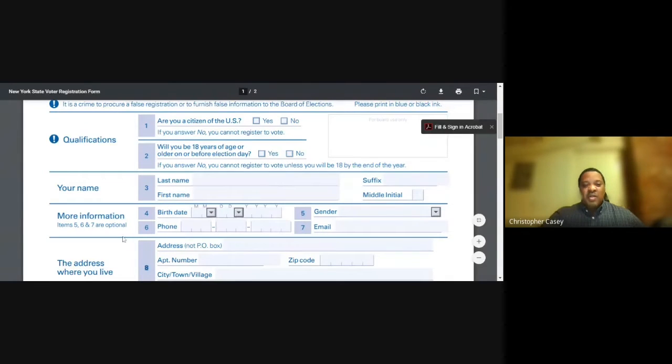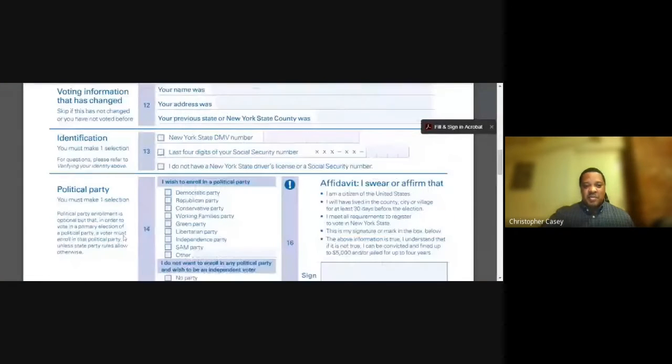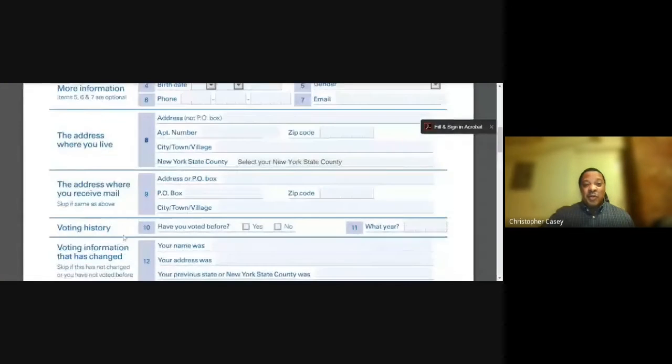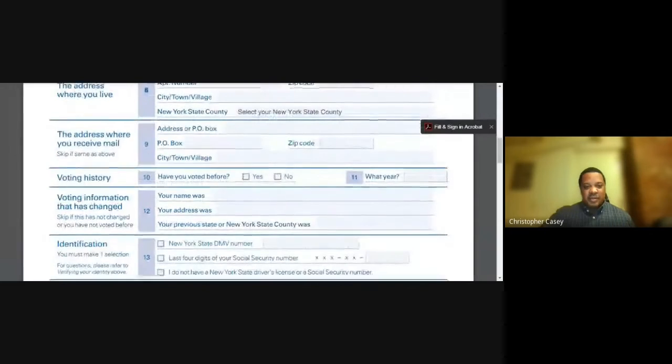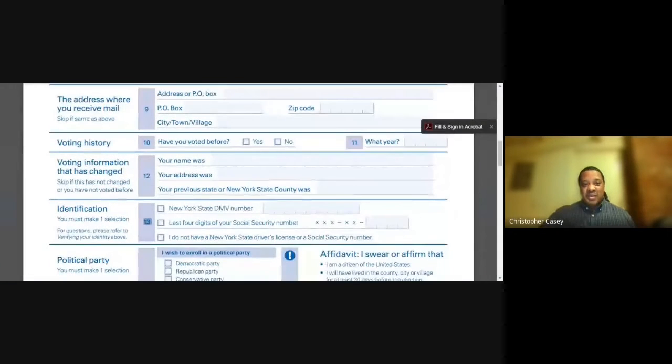Now, sections 1 through 8 are super important, and as I said earlier, all of these sections are important, but I want to focus on some really critical ones that you must fill out, okay? Section 13 is one of those sections. Here you need to declare to New York State that you have a New York issued ID or driver's license,